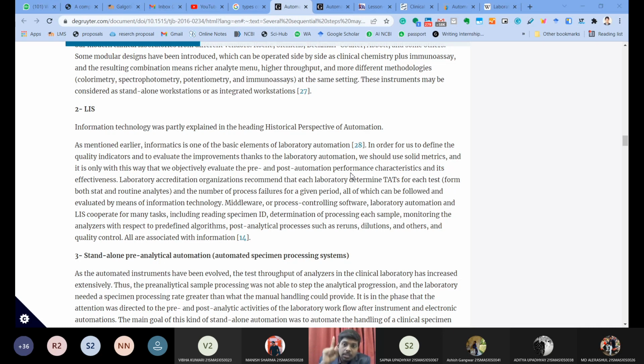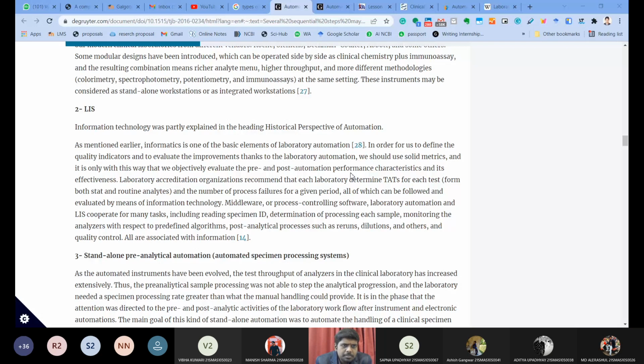Why is a test that requires only 1 hour delayed? Are my reagents empty? Is my computer shut down? Is my incubation timing faulty? All these things can be automatically measured by LIS software. LIS software will track automatically, and they will monitor. They will ensure the overall quality of the process going on within this healthcare system. So turnaround time will be very closely monitored by these LIS software.